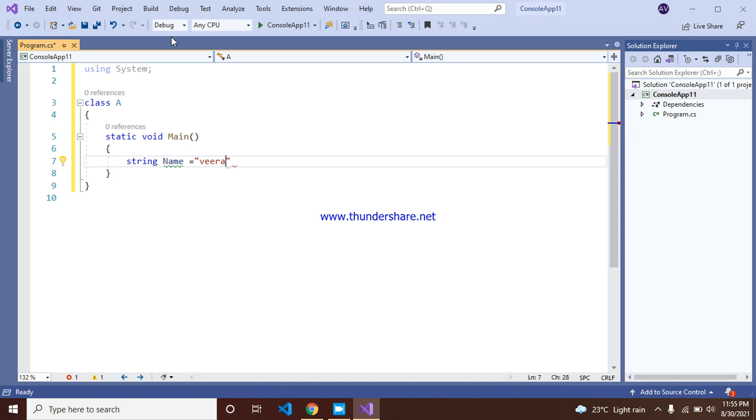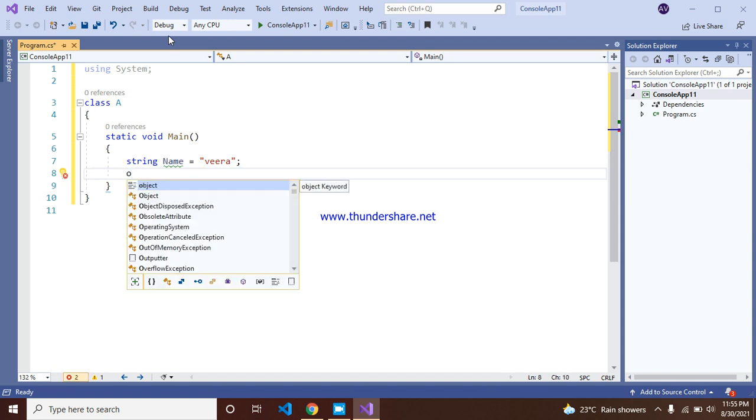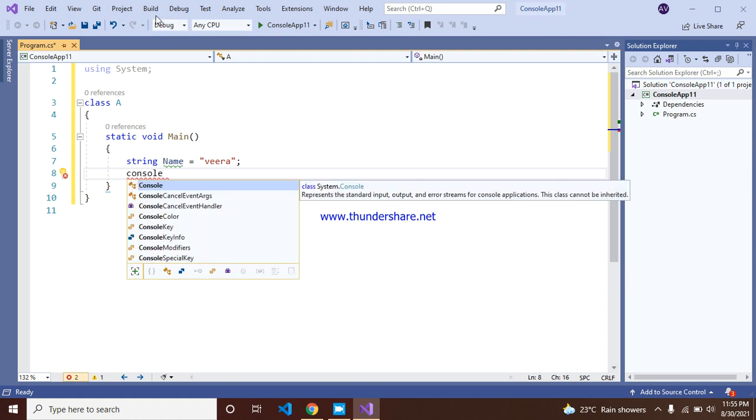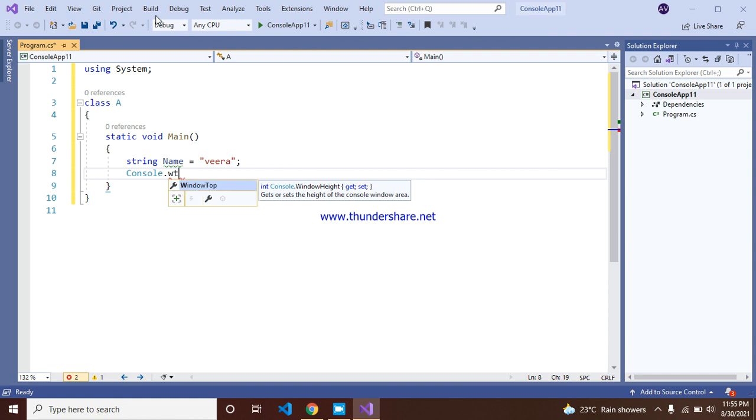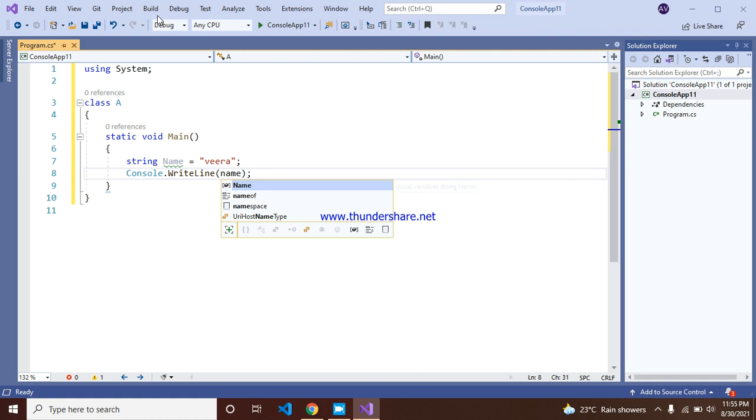We will take Veera, and you can print this Veera, you can show this Veera in the console. You can write Console.WriteLine of name.